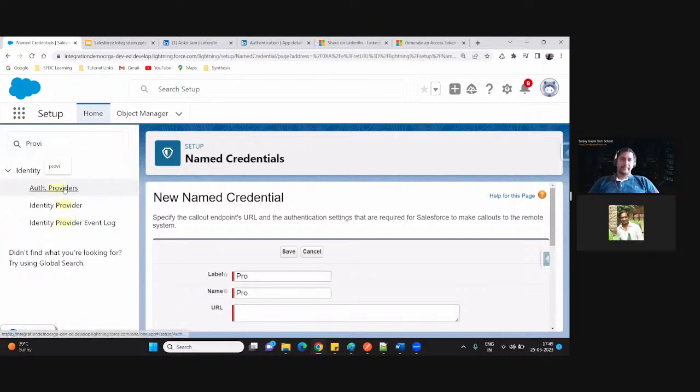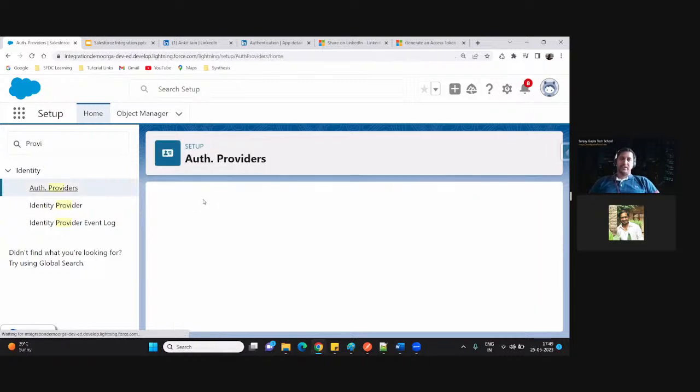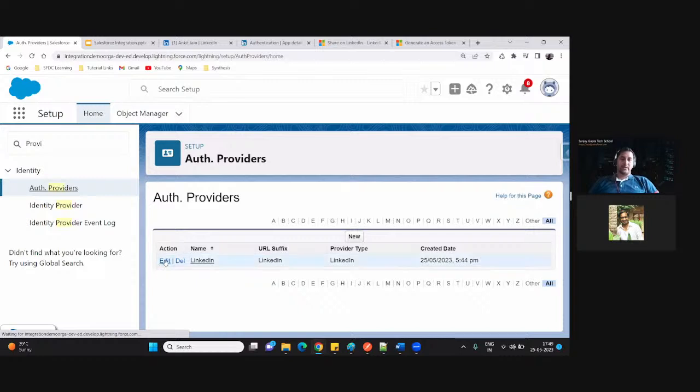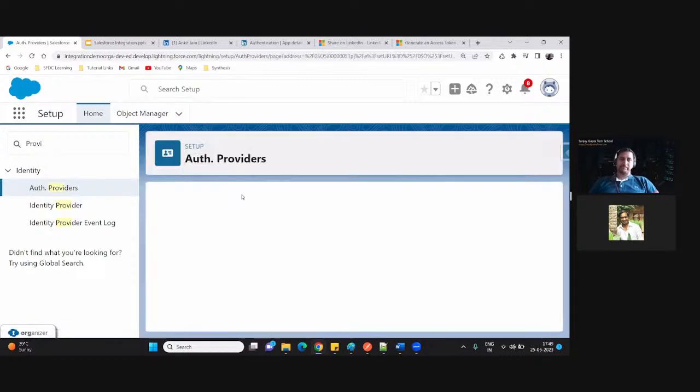So here I go and open the auth provider because I missed one step to define the scopes. So let me go and right my mistake.